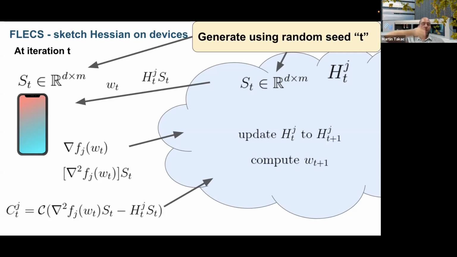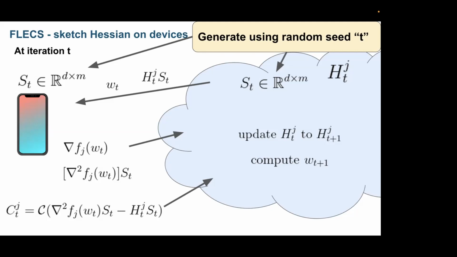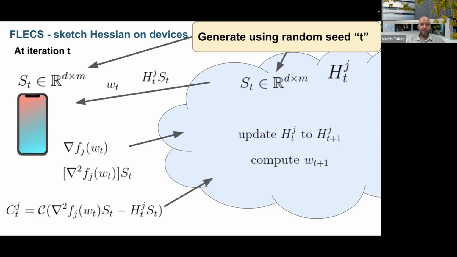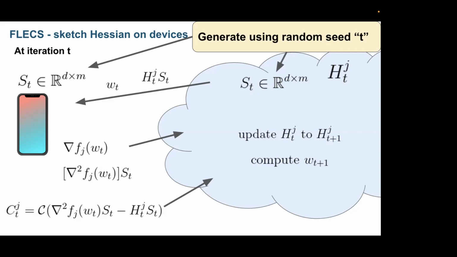Maybe each column you can just normalize such that every column will basically have norm 1, doesn't matter actually. It can be just a Gaussian matrix, you just choose ST randomly. It is just a random sketch of the Hessian. As a user of Flex, ST does not depend on the gradient or current iterate. No, it doesn't. But I will speak about some extension, that maybe this is not the best thing, in a few slides. But ST is just a random matrix.